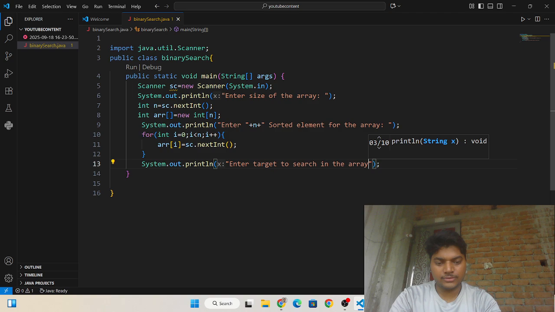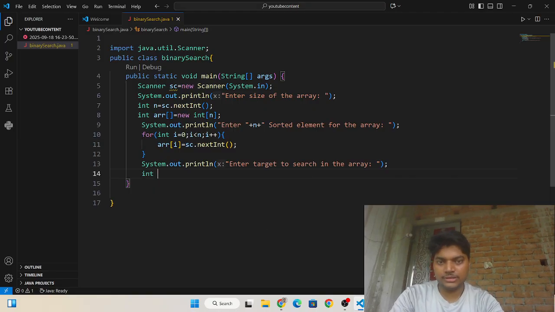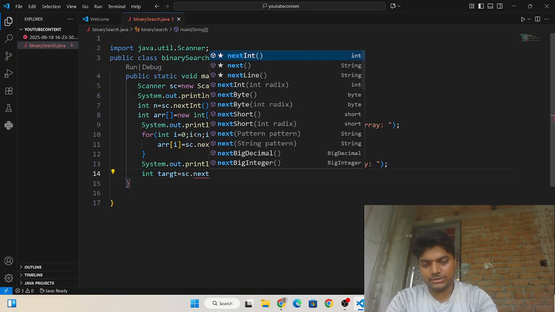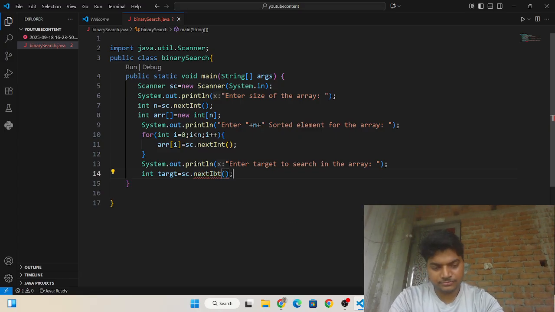I am taking int target is equals to sc dot nextInt. This should be int target, and one extra space is here.